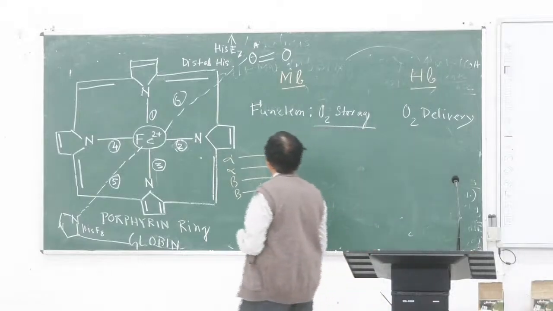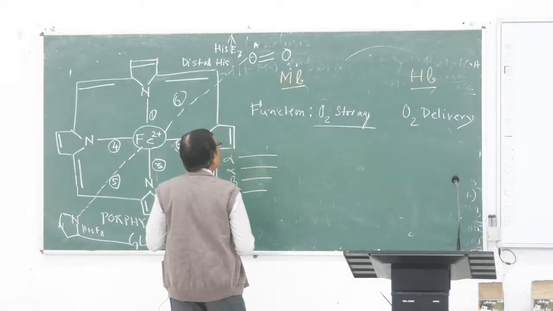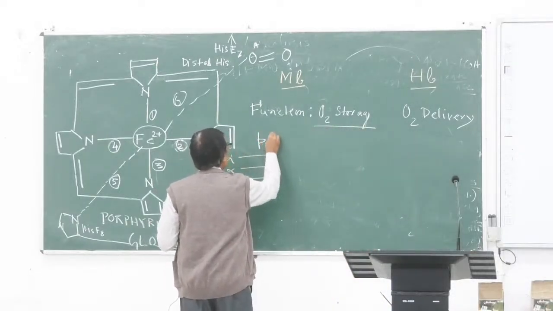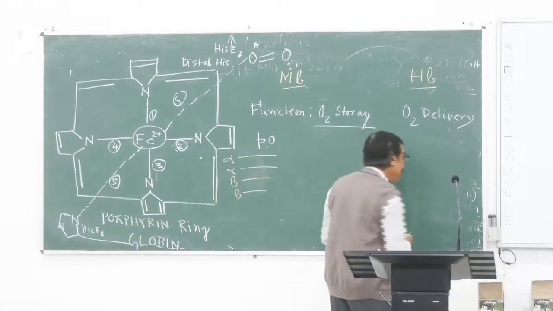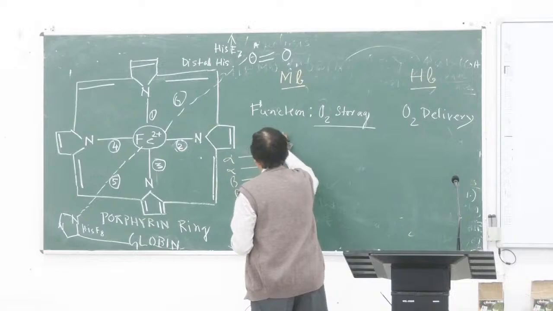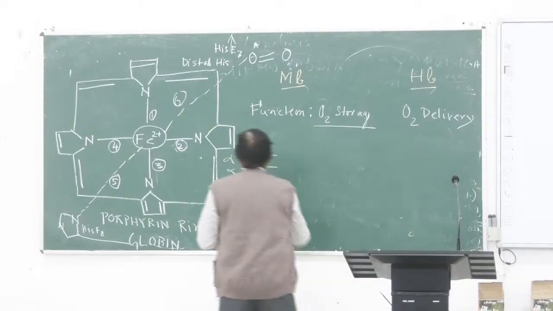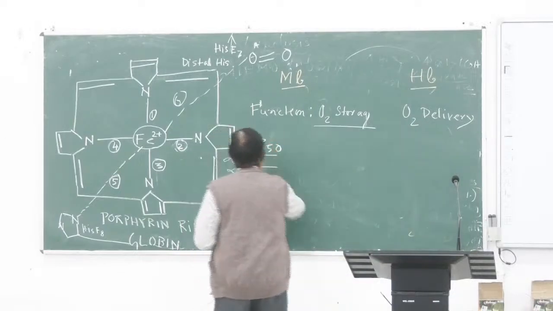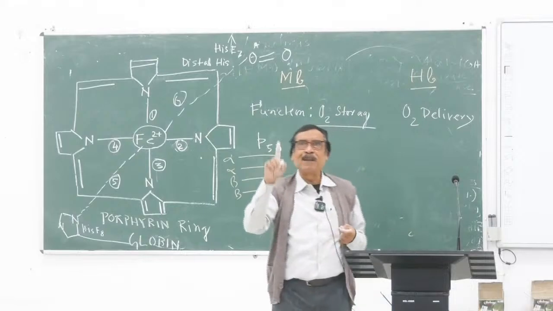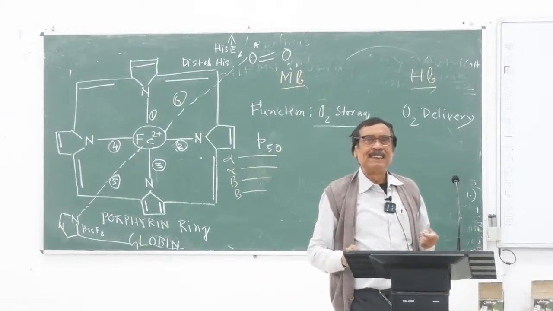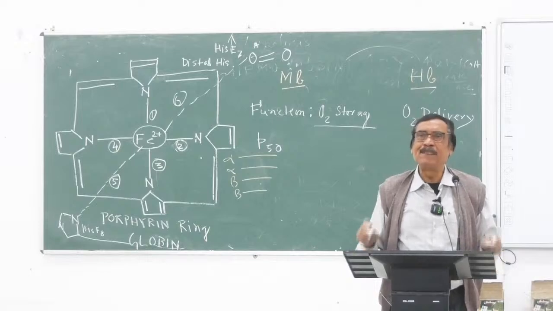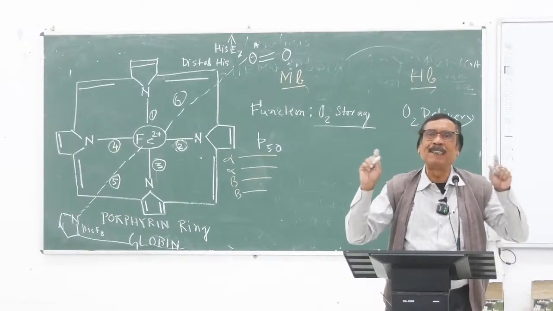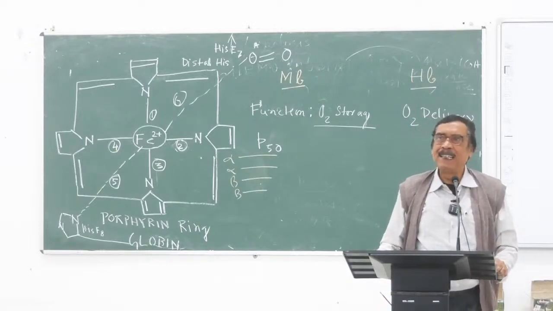এবারে PO2, P50. What is P50? P50 is the partial pressure of the oxygen at which molecule is saturated with oxygen. In case of myoglobin,